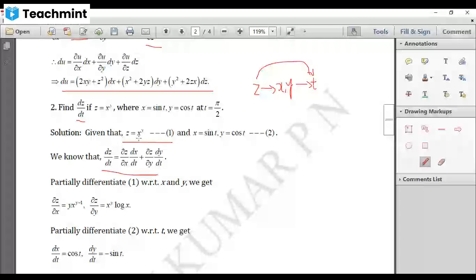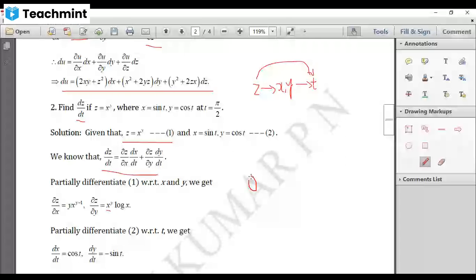When you are differentiating with respect to y, your x is constant. So this is of the form a to the power of x. What is the derivative of a to the power of x? Standard formula. Yes, it is a to the power of x into log a. So by that result, since your x is constant, a to the power of x itself comes, that is x to the power of y, into log a. Here base is what? X. So log x will come.